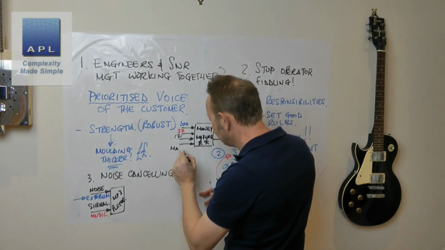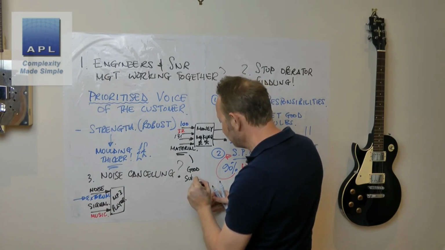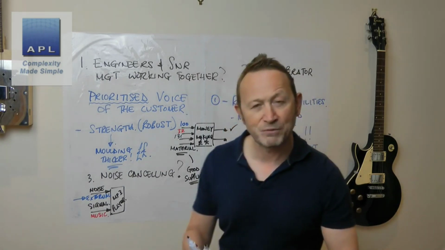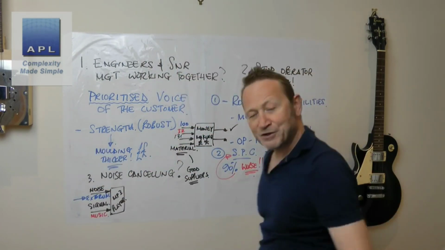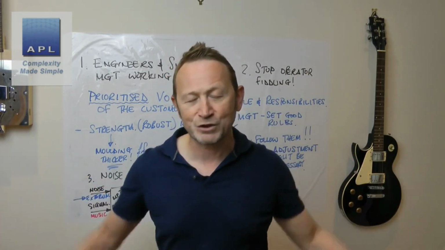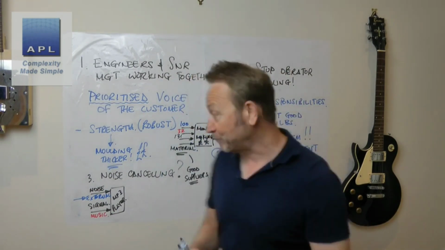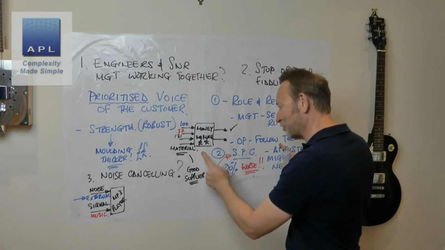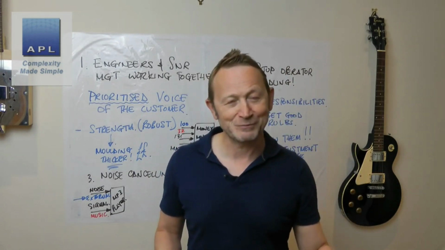If you've got material, how do you get rid of the noise in the material? Well, you make sure that you buy from good suppliers. In other words, you're not buying on price. If you just buy on price and you let that material come in and it's very noisy, you just get noise coming out the other end, and you violate the tolerances and you produce lots of scrap and cost yourself lots of money. So noise cancelling in a manufacturing process comes from these rules. And then these people adhere to those rules, noise goes away, and you don't need anything complicated. You just need good rules. That's what the best companies do.